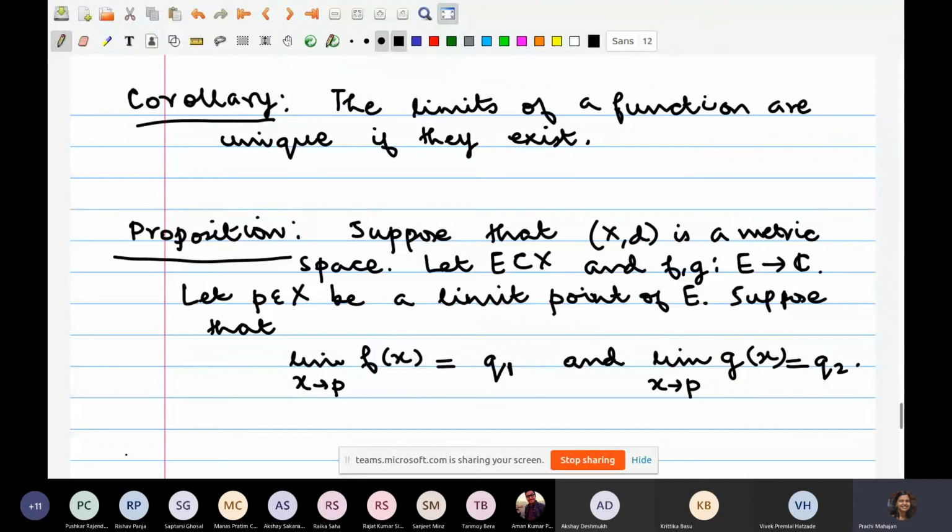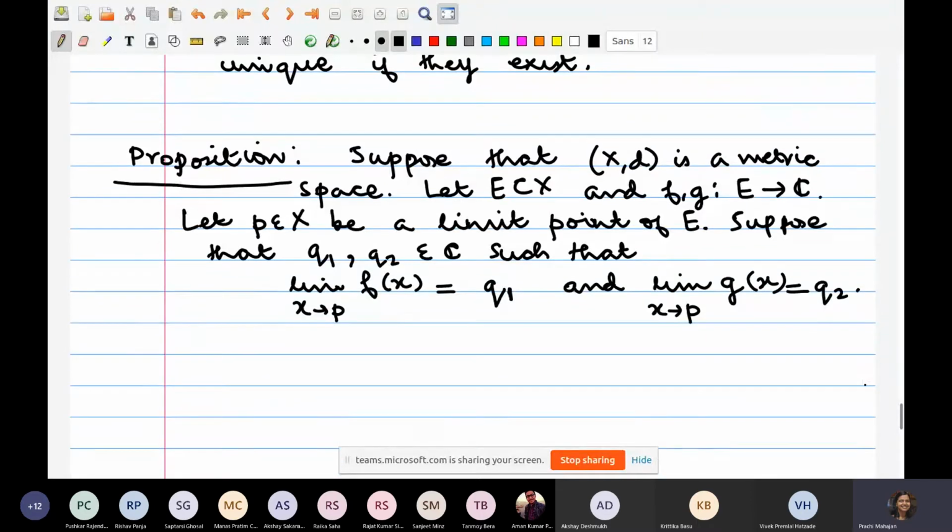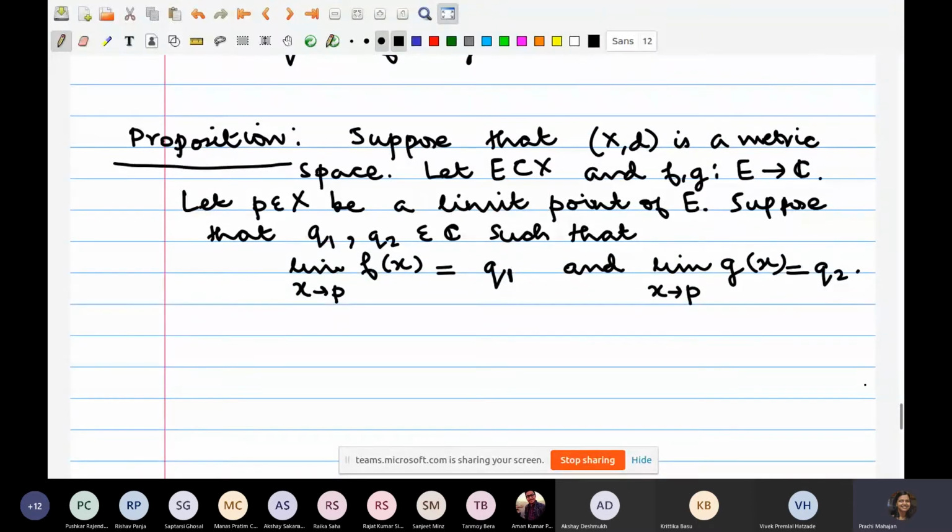So what are Q1, Q2? Suppose that Q1, Q2 are complex numbers, so instead of considering a generic metric space Y, we have the set of complex numbers here. That's also a metric space. You can do the Euclidean metric there. Okay, so then